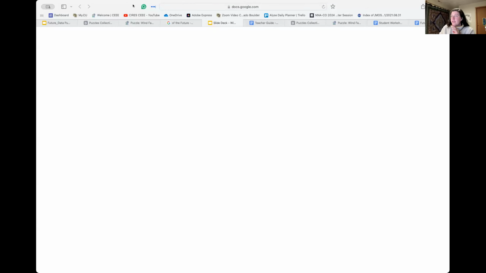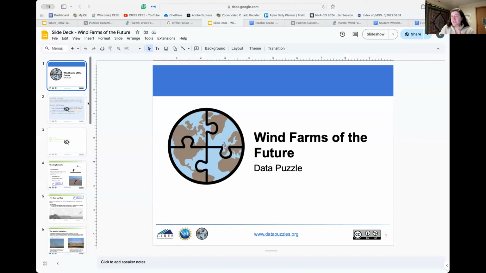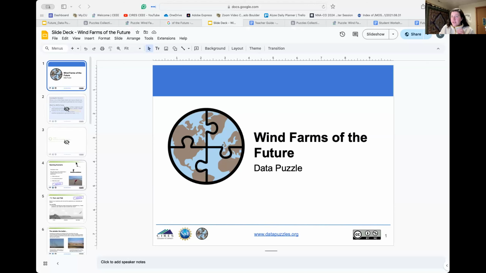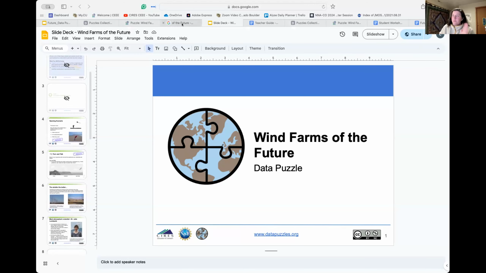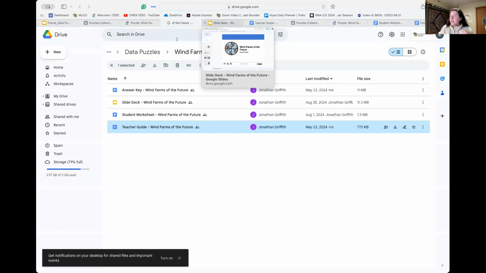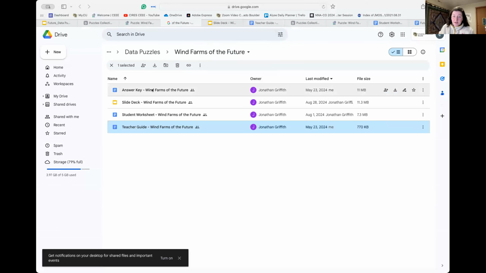In the slide deck, I'm going to walk through the slide deck in more detail with you today, so I'm not going to spend much time in there. I will point out that there is stuff in the slide deck that is separate from the stuff in the student worksheet. So we think those things should work together, but they shouldn't be identical. And then there is an answer key in here. So students could potentially find that, just so you're aware of that. But when we see the questions, you'll see that the answer key wouldn't be that helpful for them because it's not multiple choice questions.